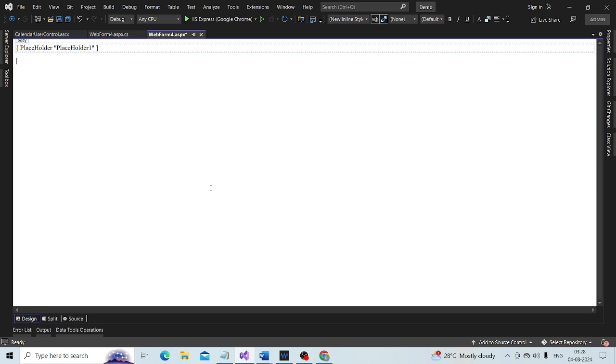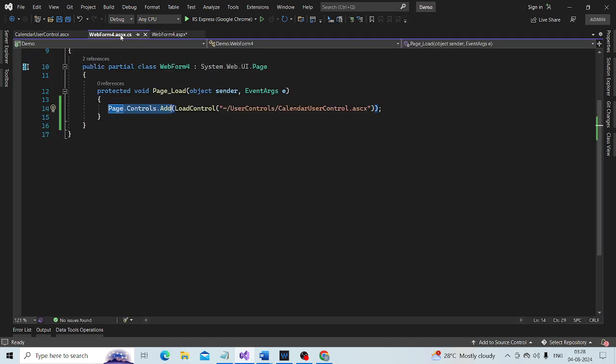All I want to do right now is, instead of saying page dot controls dot add, I'm going to say placeholder1. That is the ID of the placeholder control. So to that, add this user control.